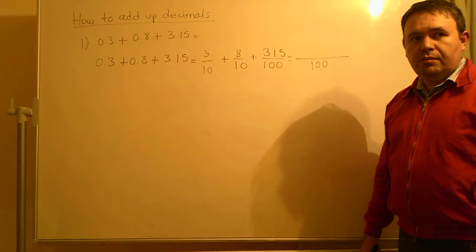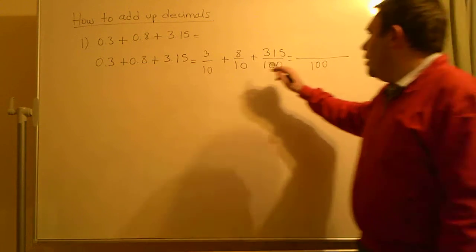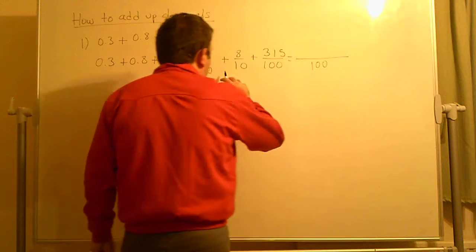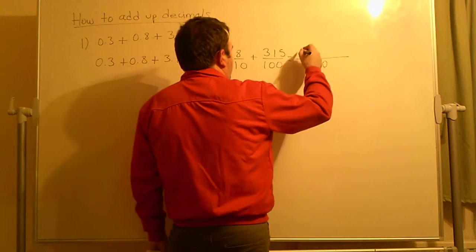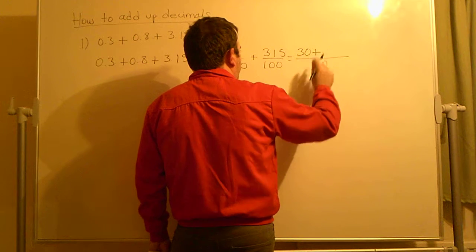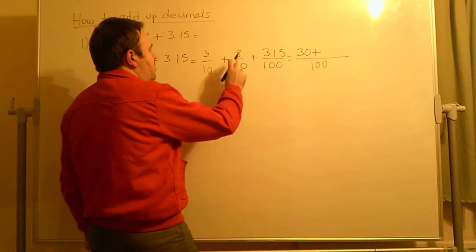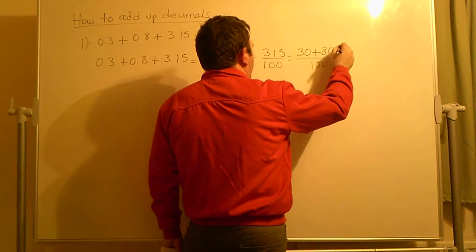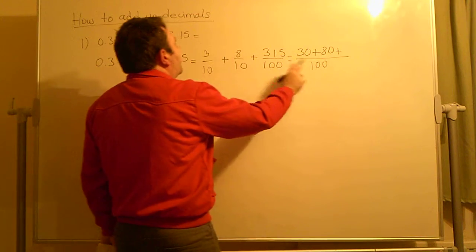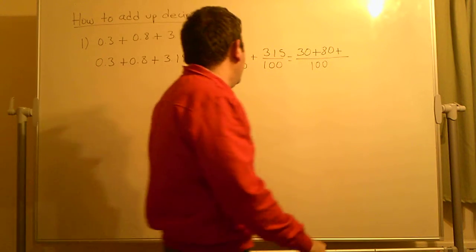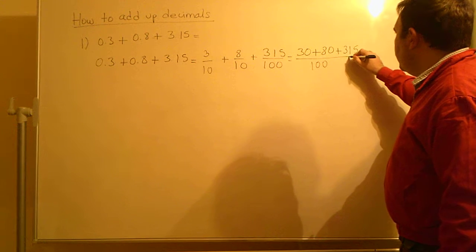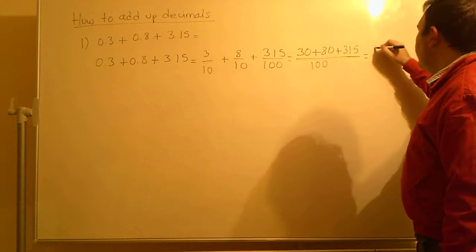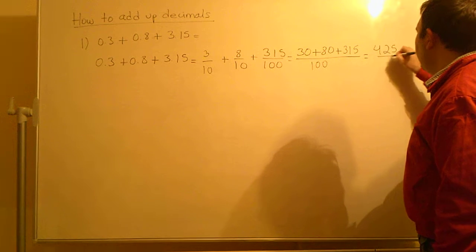100. So 100 divided by 10 is 10 times 3 would be 30, plus 100 divided by 10 is 10 times 8 would be 80, plus 100 divided by 100 is 1, times 315 it will be 315. And this will be 425 divided by